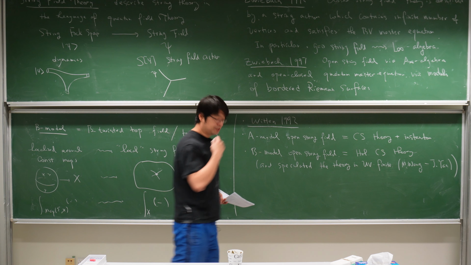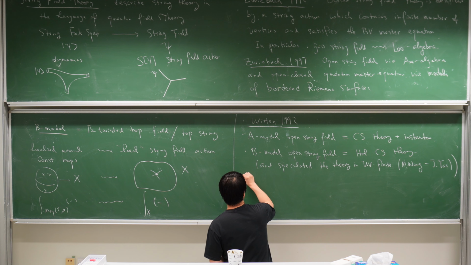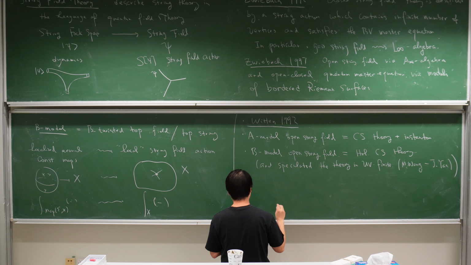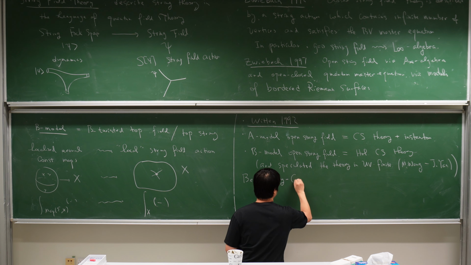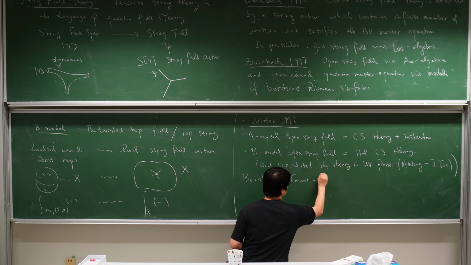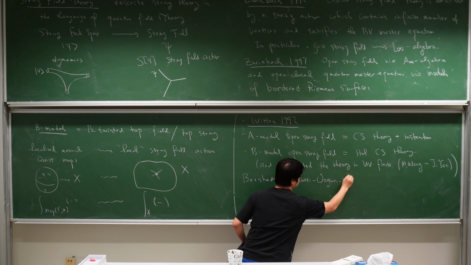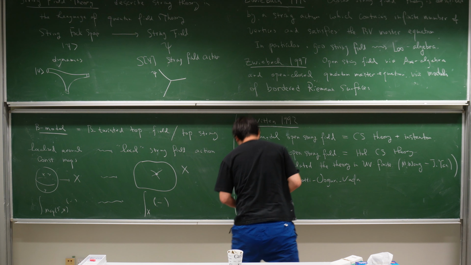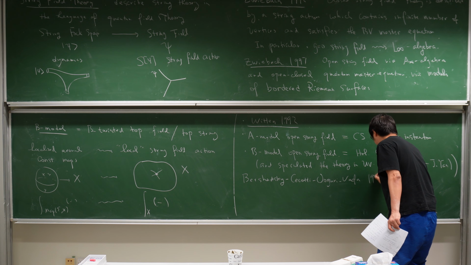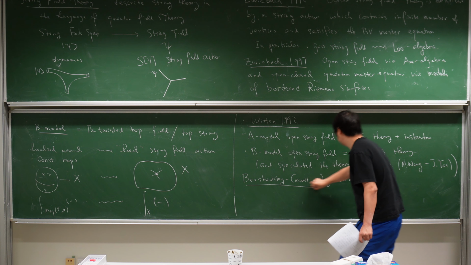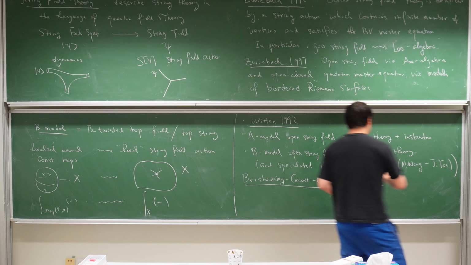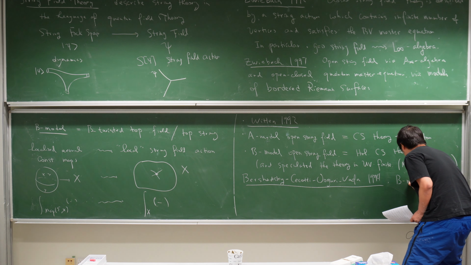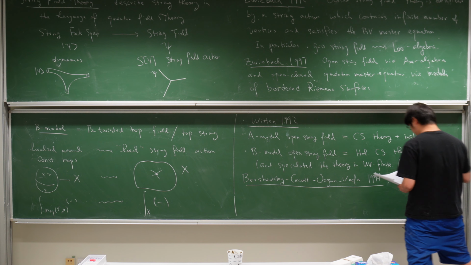Now, this is for the open string. For the closed string, this is a famous work by Bershadsky, Cecotti, Ooguri, Vafa. Actually, in two works, but I'm going to focus on the one in 1994. And nowadays, people call this basically BCOV theory. And he finds a description of the B model closed string